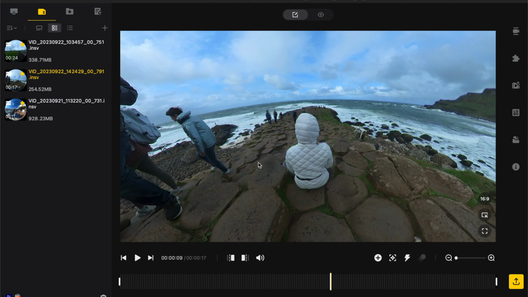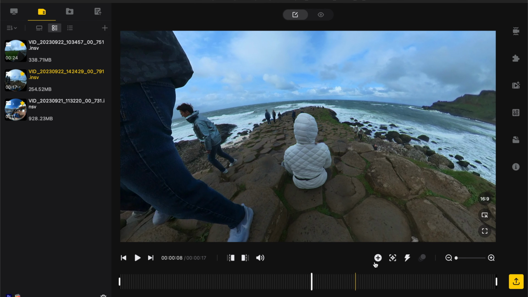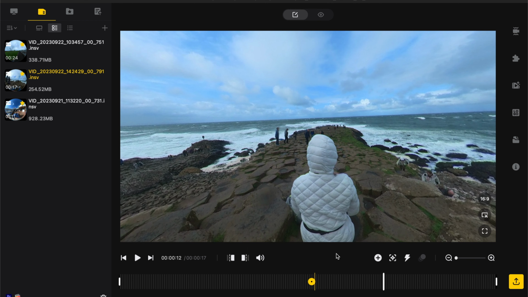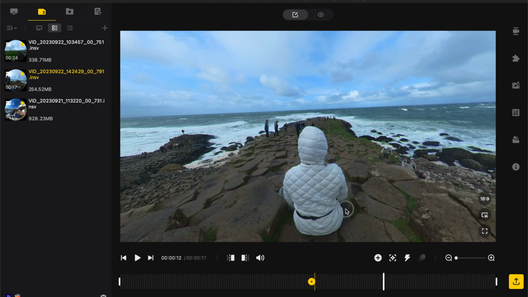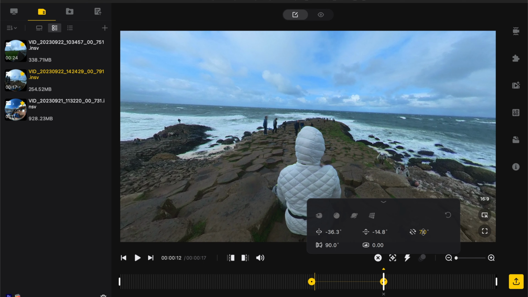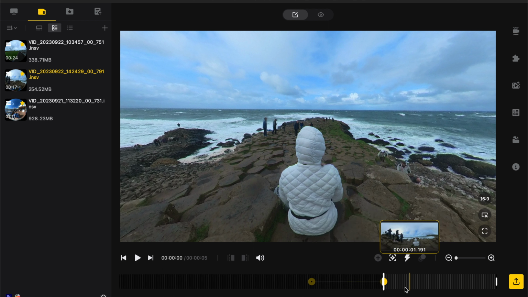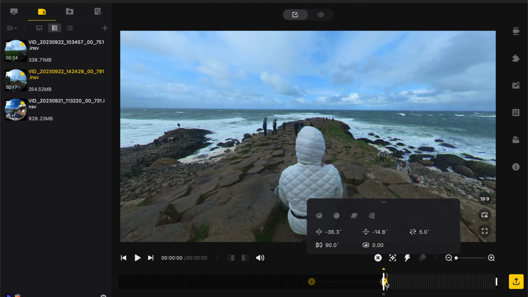This next shot, I have a picture of my back. I'm sitting on these rocks at the Giant's Causeway, and I want to do a cool transition since this shot is pretty stable and I'm not moving the camera at all. Keep on going until these people get out of my shot and they have left the building. I'm going to add a keyframe, add a rotation to straighten out the horizon. I'm going to mark that as my trim start,